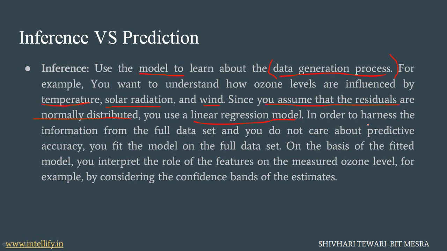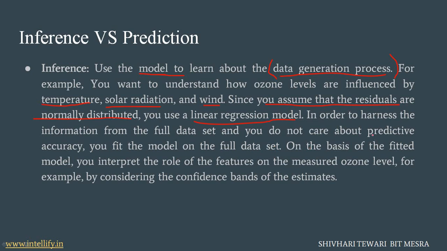It will not care about the future accuracy, whether this thing will happen or not. It will only be a coincidence if that thing happens, and it will be okay if that thing does not happen. So it basically harnesses the information from the full data set, and it does not care about